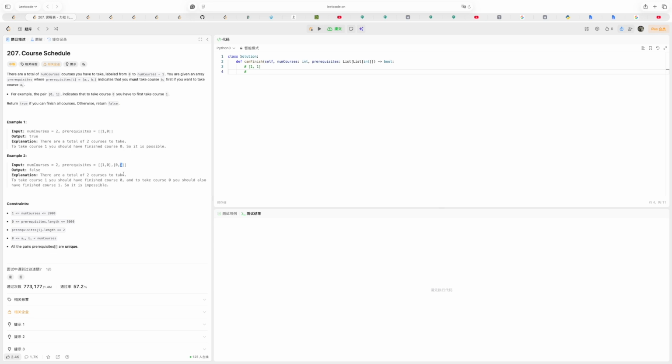Okay, so for this we will have to check if these prerequisites form a cycle. If not, then we can return true. If yes, then we will return false. Okay, so we will traverse the graph. We will first build the graph and then traverse it, and if we find a cycle,